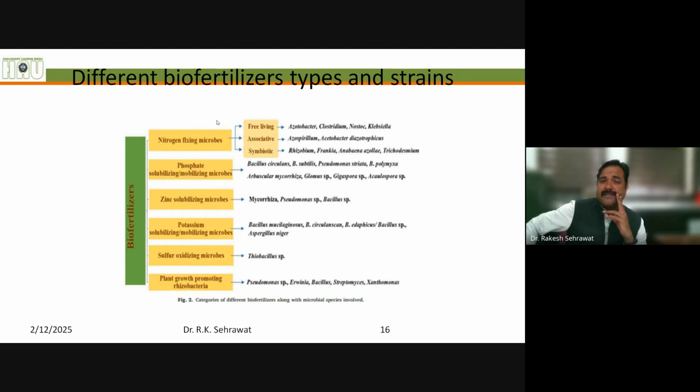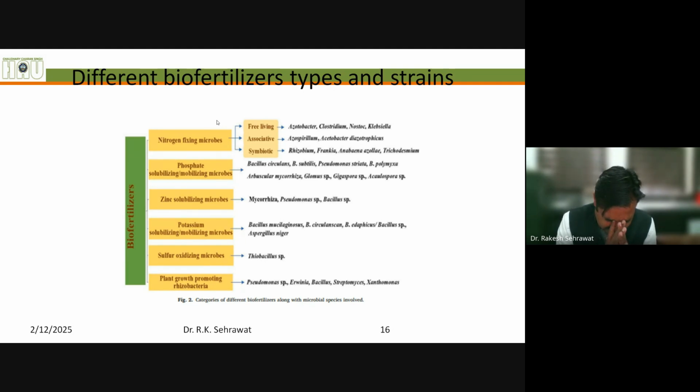Then Bacillus polymyxa, Bacillus megaterium, a number of Bacillus strains, and a number of Pseudomonas strains are capable of solubilizing and mobilizing phosphate. And Azotobacter, Rhizobium, and Azospirillum, these three are nitrogen fixers, but they have also been observed to have phosphate solubilizing activity. And for fungi, we have the arbuscular mycorrhiza, including Glomus, Gigaspora, Acaulospora, and one